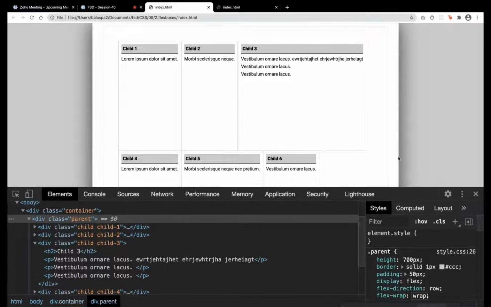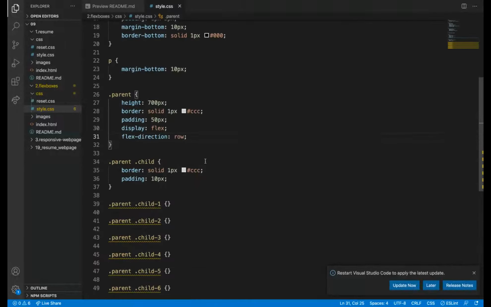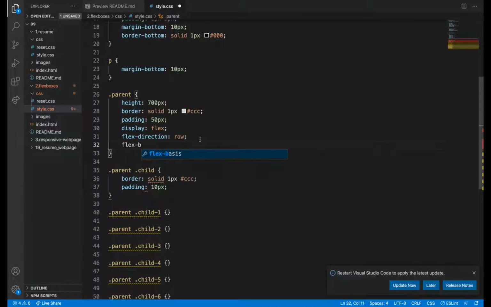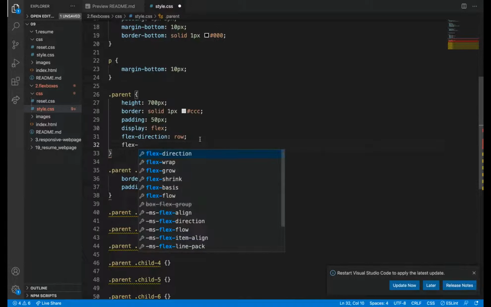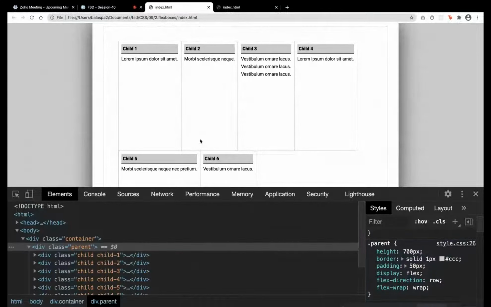For now, we will give only wrap. Flex box, flex wrap, wrap. Fine.